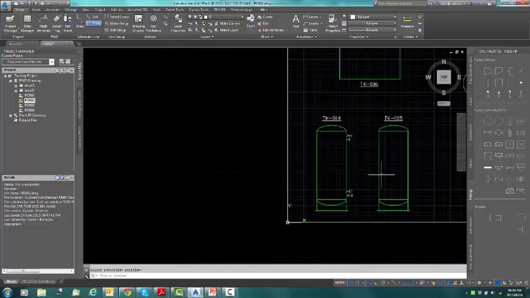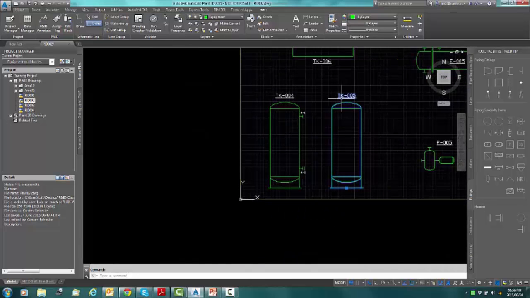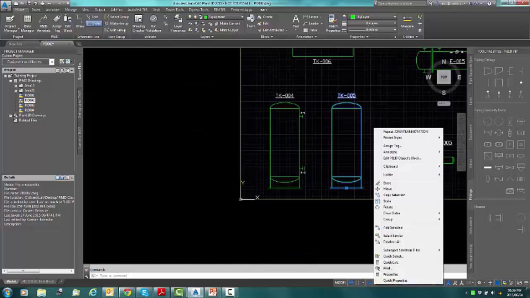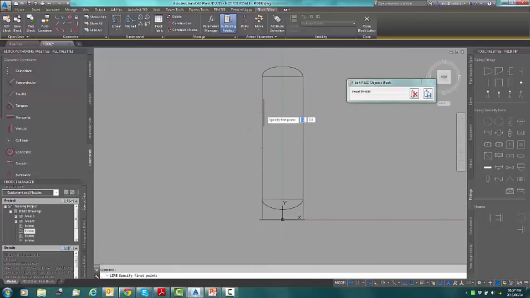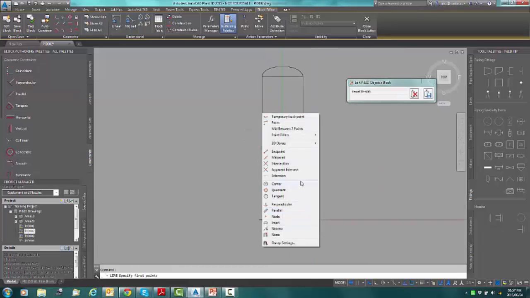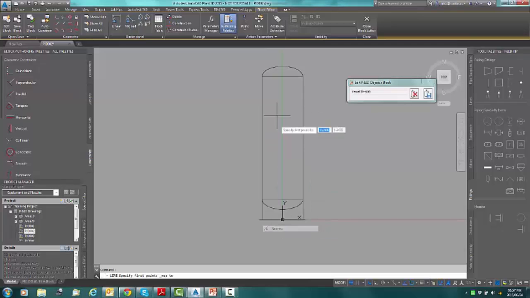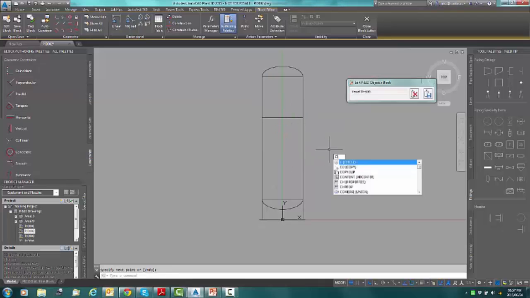Right, now we're going to look at quickly editing one of our tanks. So I want you to select your vessel 005, tank 005, right click, and we're going to select edit PNID objects block. Notice it opens it up in block editor. All we're going to do now is type line, and I just want you to create a line somewhere more or less the top over here. I'm going to use my override and select nearest, and I'm going to click more or less there at the top, create a line that is perpendicular like so,